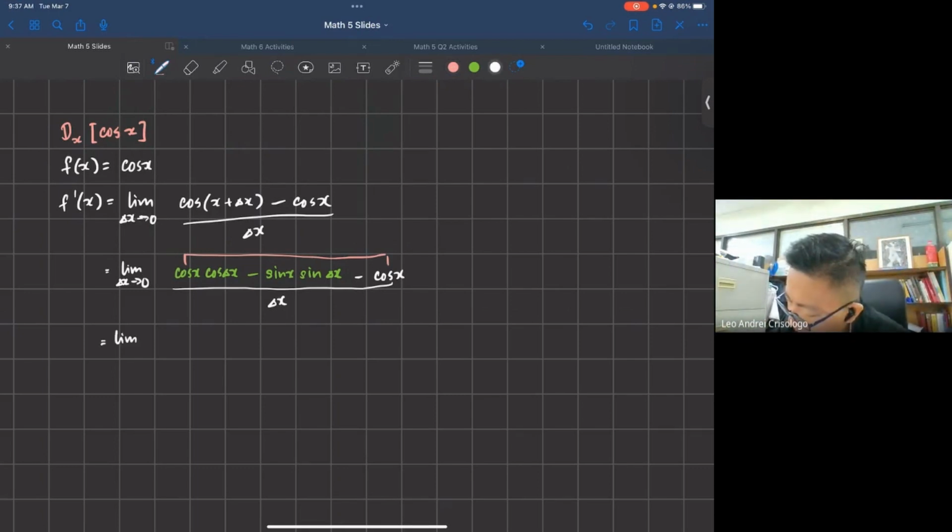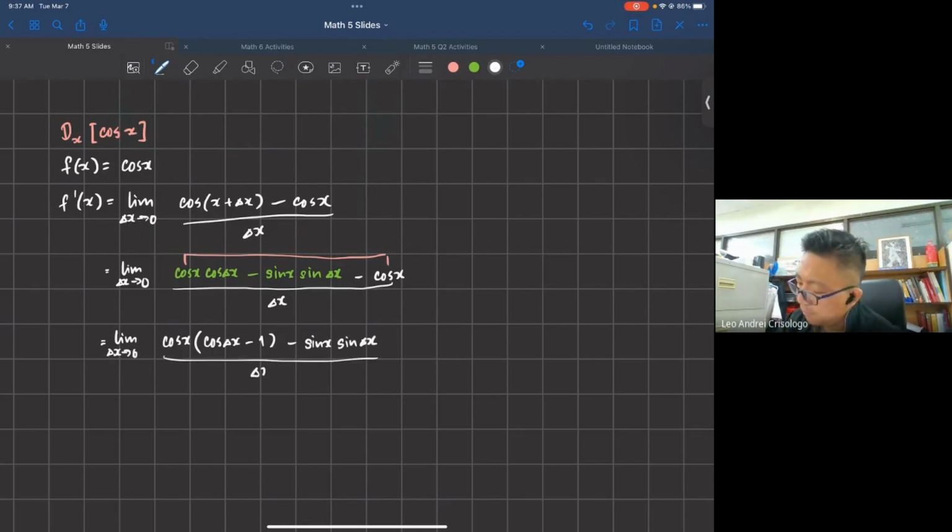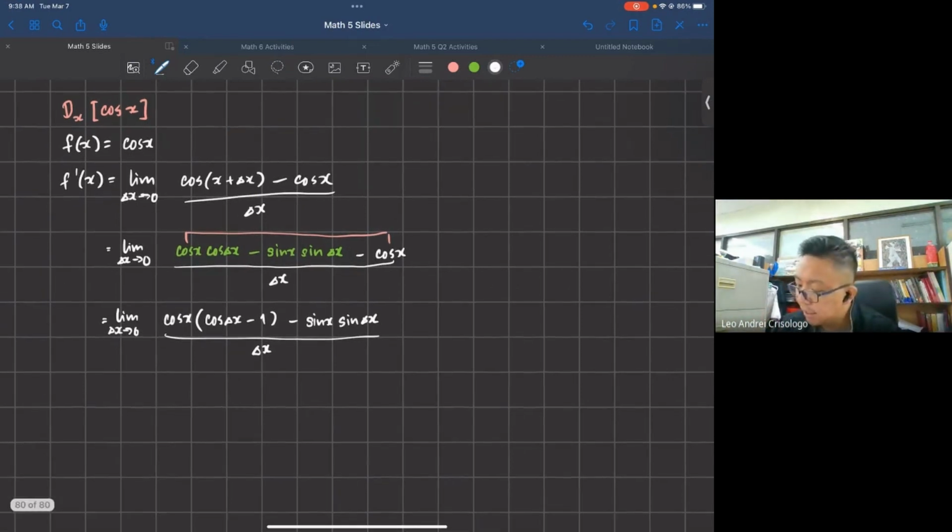You'll get limit as delta x approaches 0 of cosine x, pinactor siya, yung matitira ay cosine delta x minus 1, minus sine x sine delta x all over delta x. So same yung gagawin natin dun sa ginawa natin sa sine kanina, which is we'll split the